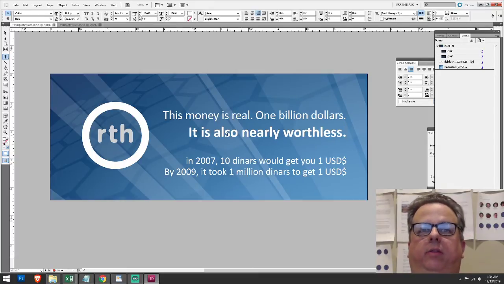Okay? This money is real. $1 billion. It is also nearly worthless. In 2000 and whatever,